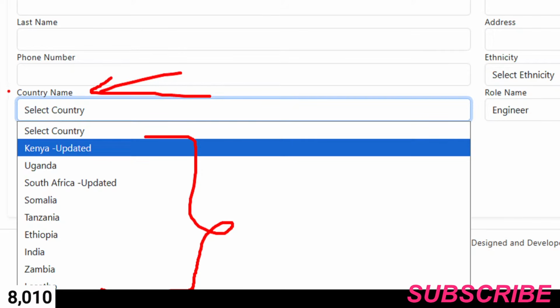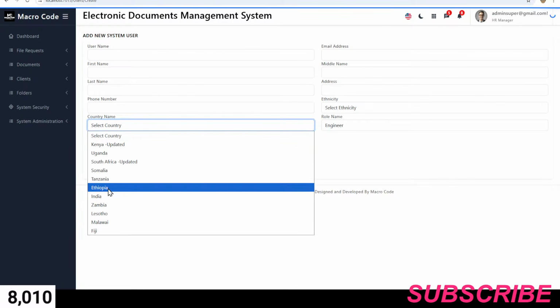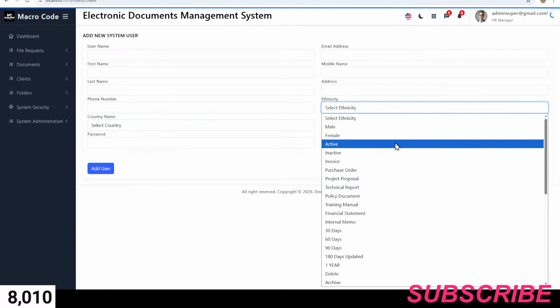So every drop down now will be pulling data based on the tables that we've highlighted, and it will be getting from the respective tables. So that is it. So here now we will be pulling from the countries list, as you can see. But we have one thing. So if you check on our